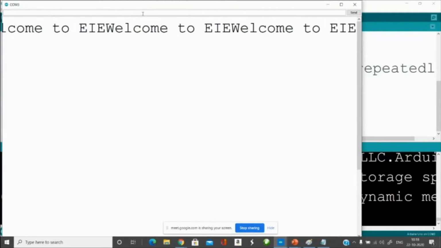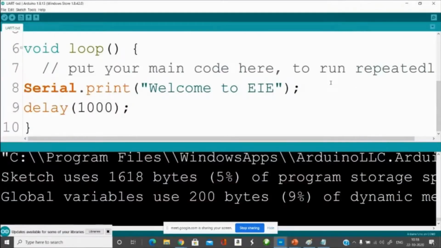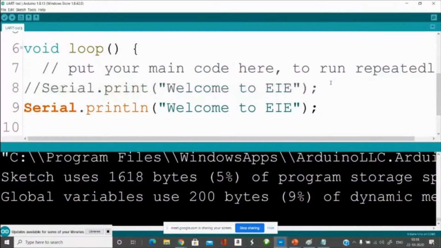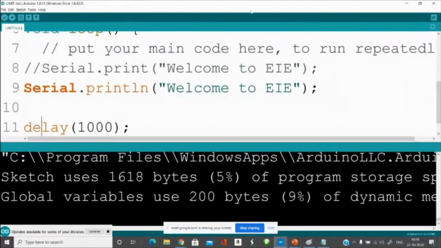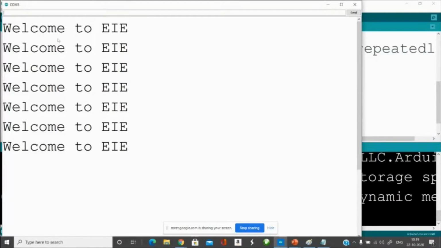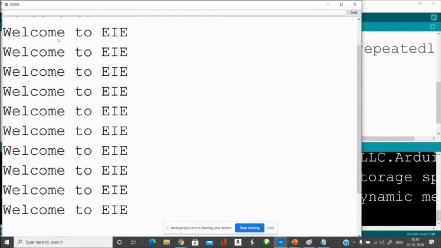So what I do, I close this. Now in the source code, instead of using print, I use println. I add LN here. Okay. Println will add a new line character at the end of the string every time. So let us rewrite this code once again. And now if you see the serial monitor, you can see that it is dumping the strings one after the other, which means after the end of each string, we have a new line character at the end.